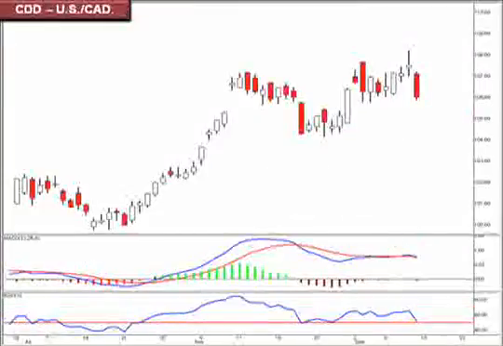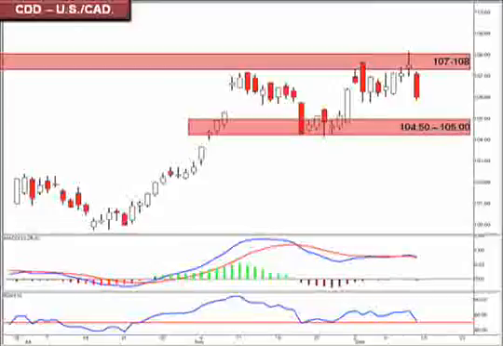With that in mind, let's take a look at our ISE FX options currency pair values, the first of which will be the CDD, the US versus the Canadian dollar. We saw prices play up into that 107 to 108 focal area where we suggested we would likely meet with some significant resistance and a possible rejection. As you can see here on Friday, prices pulled off of that. We have identified a pivot point at around the 105.5 level there.